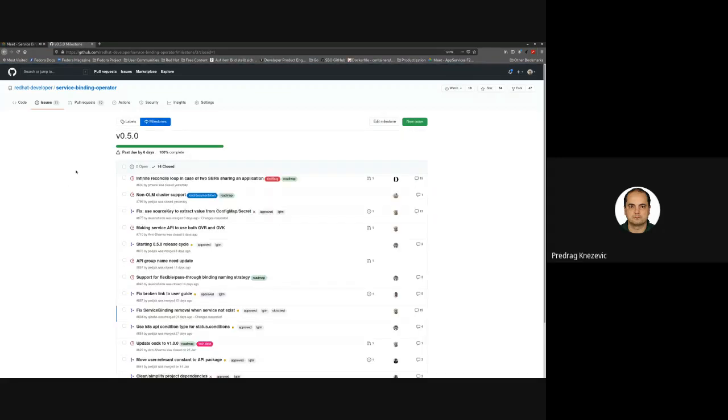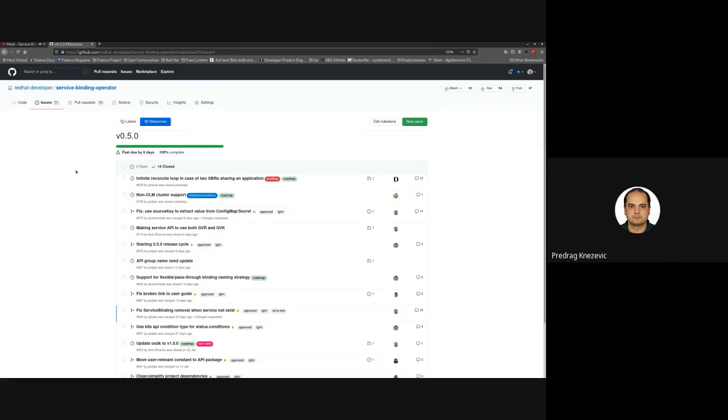One important thing, first of all, is that we upgraded to the Operator SDK version 1.3, which is not the latest one, but very, very close to the latest one. And this really opened up the possibility for us to implement additional features, like webhook support and others. At the same time, we migrated from the CustomResourceDefinition beta API to v1.